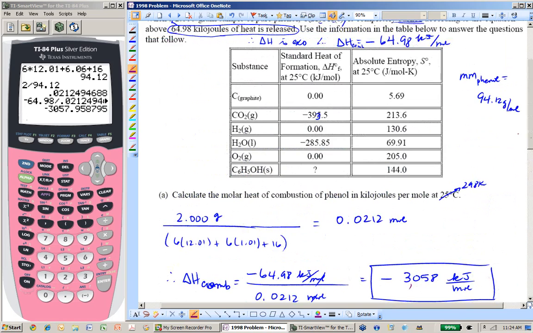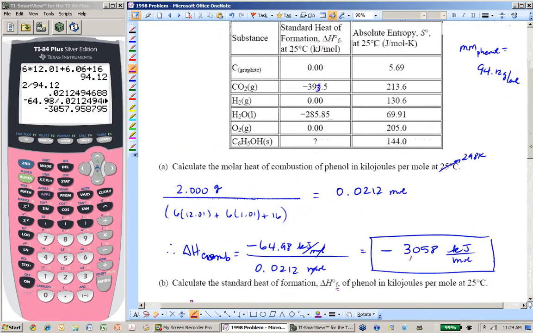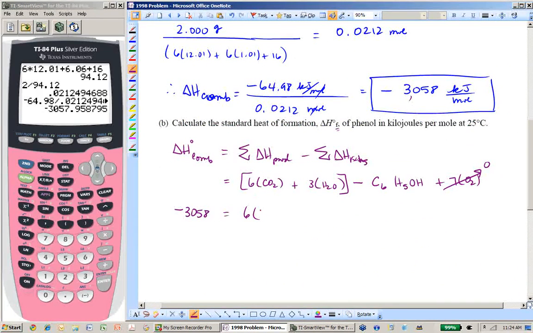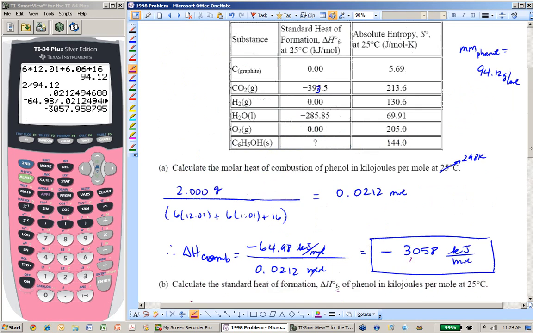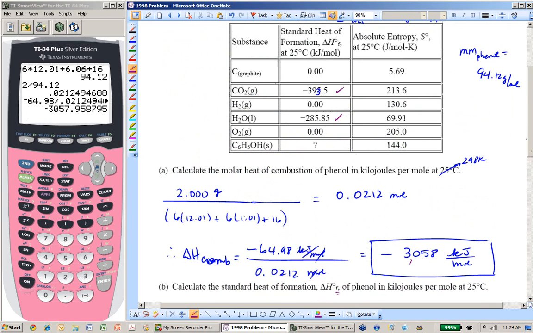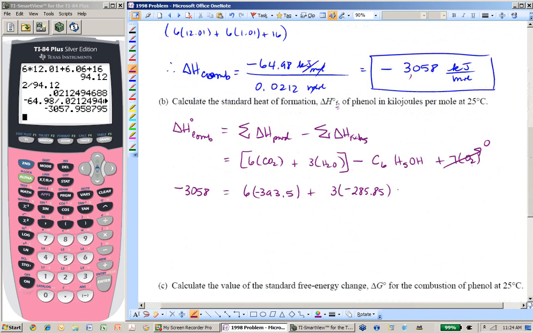Look in the proper column of the table. This is where the goof happened. 393.5. You may have worked it as 395.5 because that's what was printed on the page because of the typo. Plus 3 times a negative, and that was a negative, by the way, 285.85 for the water. See? Check, check. Minus what we seek,